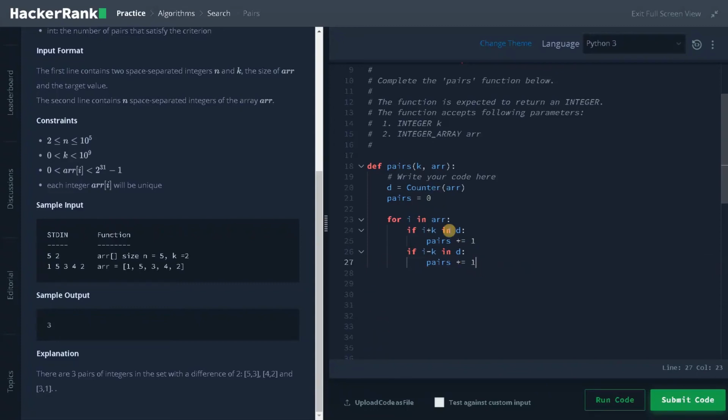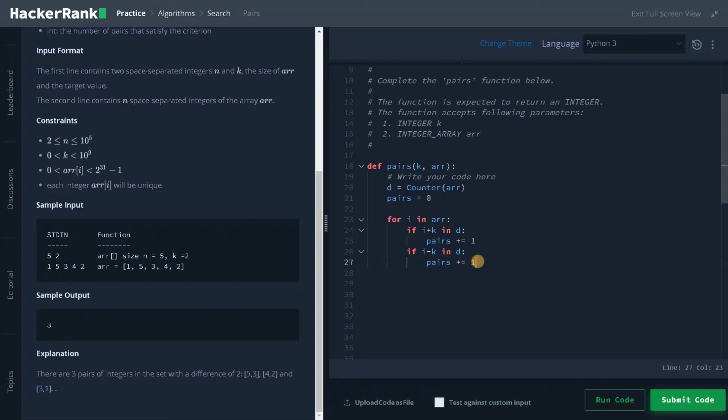Why I am doing this in a separate way: let's consider 3. If 3 is coming first, then i plus k, that is 3 plus 2, is 5. 5 will be available in the dictionary after some time, and 3 minus 2 is 1, and 1 will also be there in the dictionary. So we have to update separately in the pairs. That's why I'm making it as separate conditions.